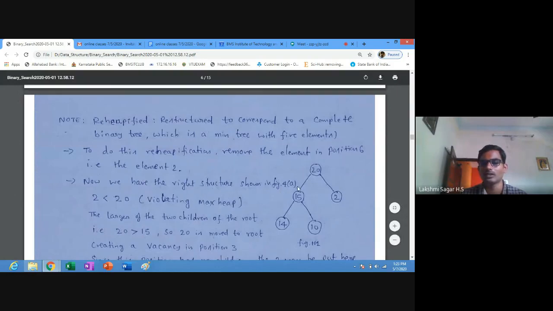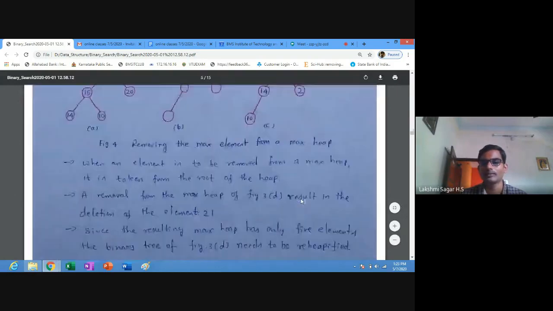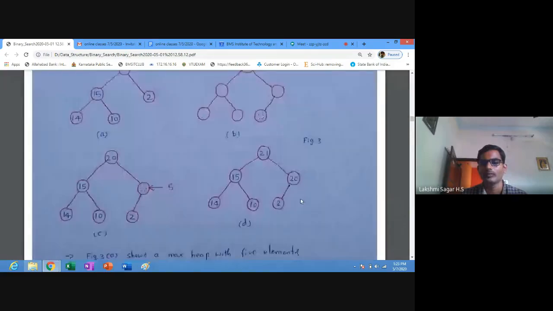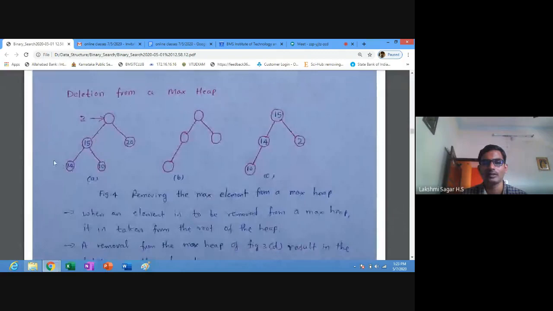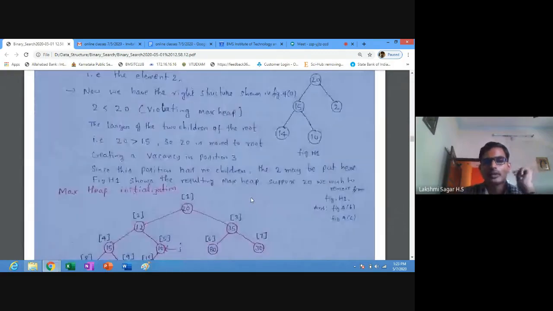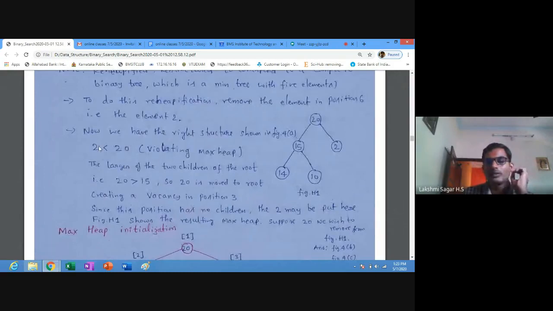Now we have the right structure shown in figure 4a. So we will get this. Now this 2 is less than 20, so it is violating the max heap.